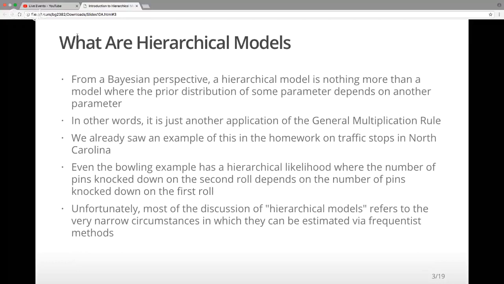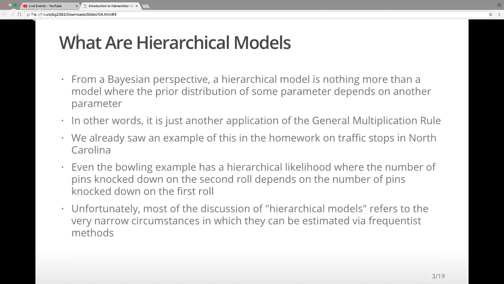We can have a marginal prior distribution on the so-called first parameter and a conditional prior distribution on the second parameter given the first parameter. If we multiply those two PDFs together, we get a bivariate PDF for both parameters that we can then multiply by a likelihood and maybe in some cases analytically work out what the posterior distribution is, but in most cases we can't, and we have to obtain draws from the joint posterior distribution that's implied by our hierarchical prior and whatever data that we observe.